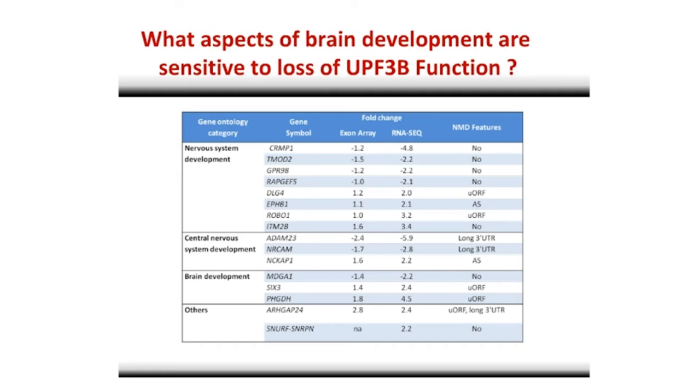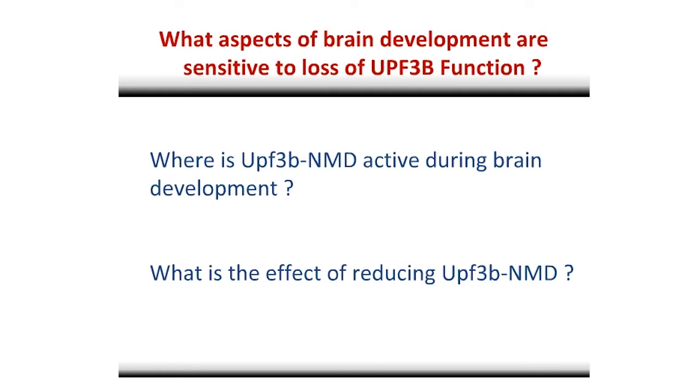But we really wanted to perhaps take a more direct approach and really ask what is the effect, or what is the main role of UPF3 dependent NMD during brain development. So we really wanted to know exactly where this pathway was most active, what stage of brain development this pathway is really important for, and once identifying that stage, what would be the effect of reducing UPF3B in these cells, and seeing if we can find some sort of readout that could help us understand the pathology in the affected individuals.